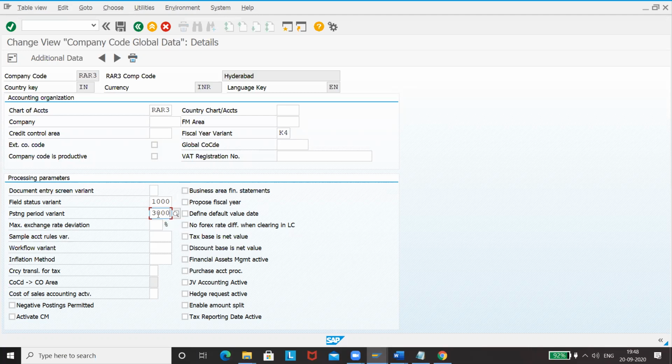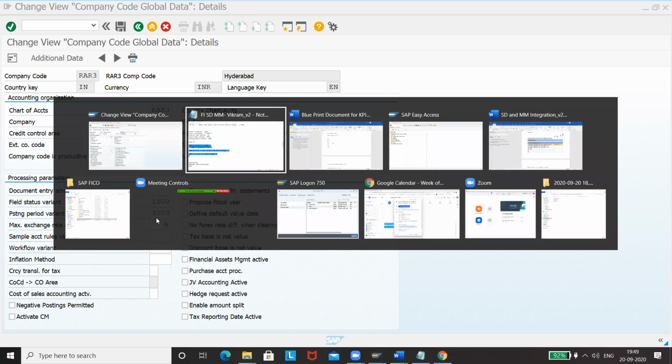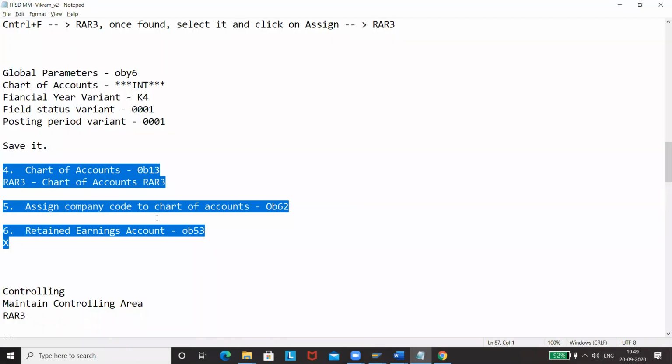These are standards. Why are we maintaining standards? In order to save time. So please take these things. What have we maintained? We have maintained chart of account, and then fiscal year variant, field status variant, and the posting period variant. That is what I have exactly given here as well.